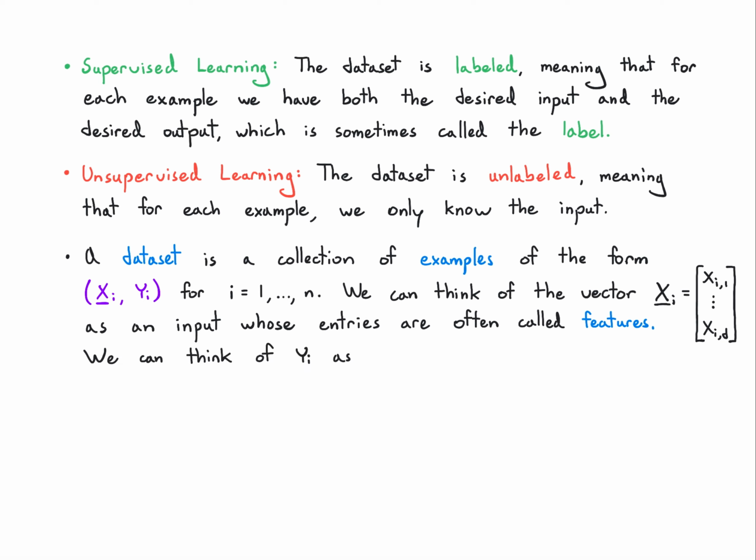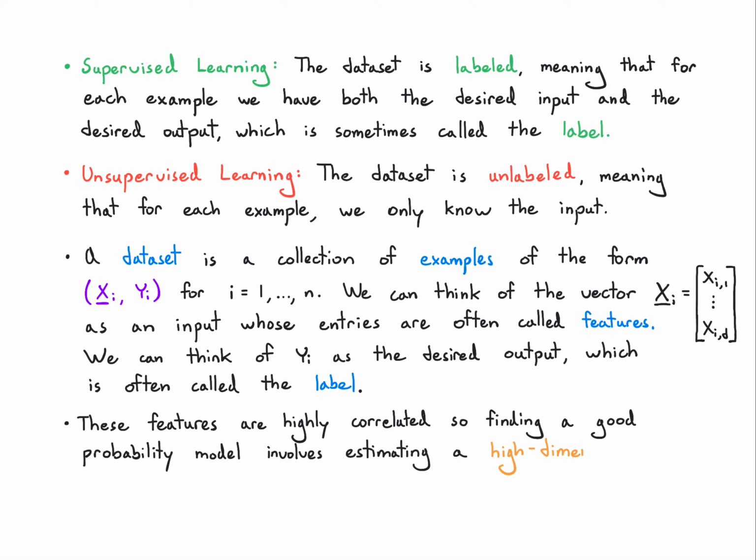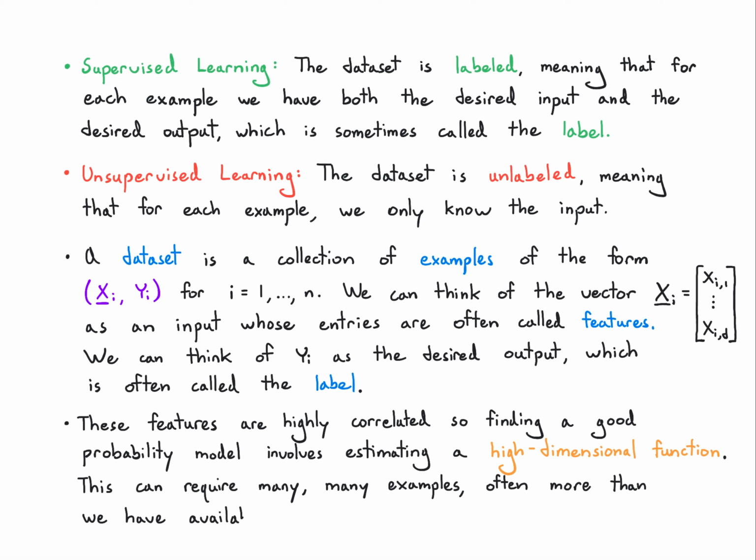And we can think of y as the desired output, and we sometimes call this the label, as we just mentioned above, okay? So these features are often very correlated with each other, and the problem with that is that now finding a good probability model for them will have to involve estimating a very high dimensional function that puts all of that together, and that can require many, many examples, and often more examples than we actually have available, okay? So maybe I even have managed to collect thousands or even millions of images, but still